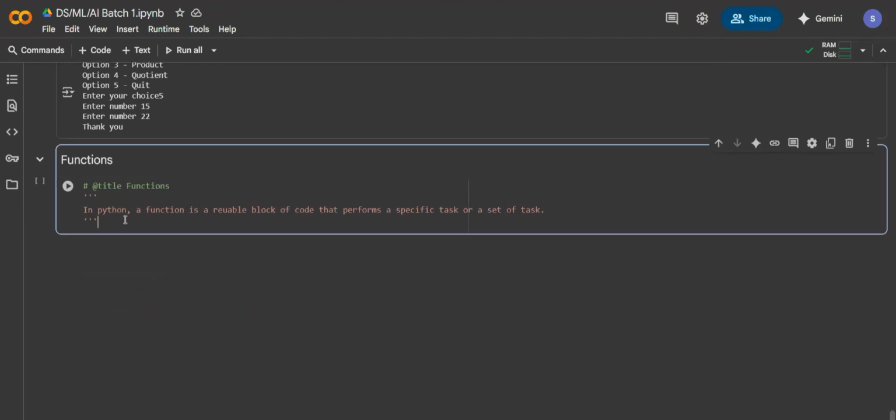Yes. Please make sure you understand this in the first go. Now, this is very, very, very important from the AI perspective. It is not important for data science. It is not important for machine learning also, but it is